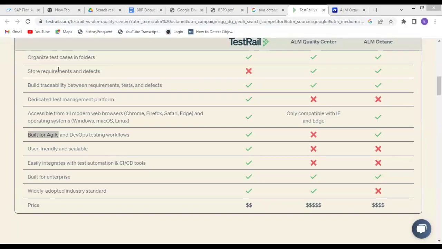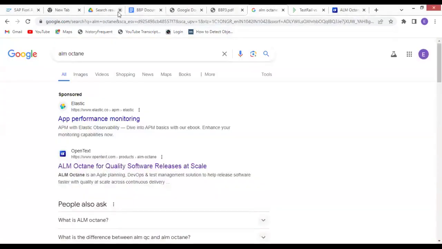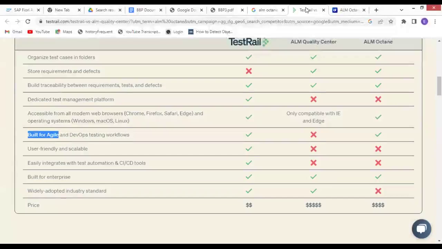When you're using these tools, you will have a dashboard readily available. I think I showed that part also here somewhere, or I closed it. Yeah. So you will be able to analyze the progress easily.